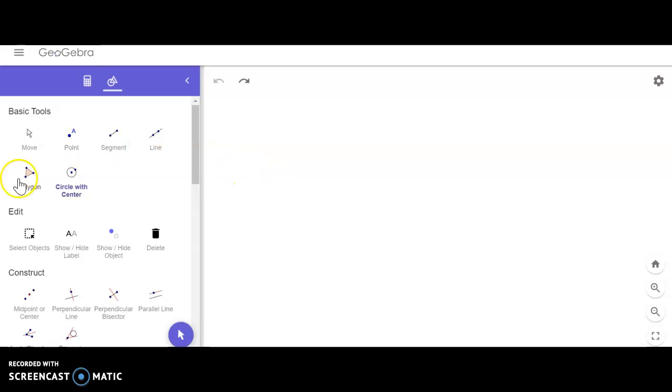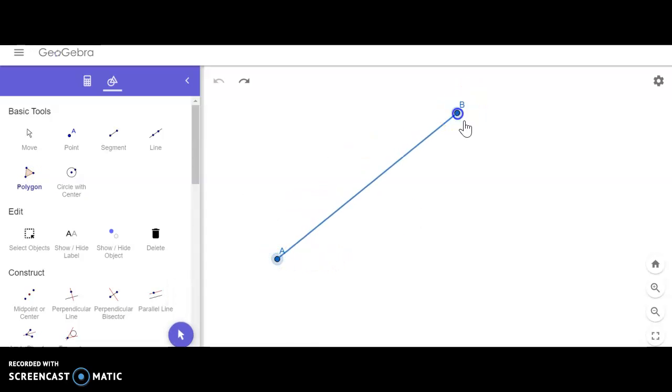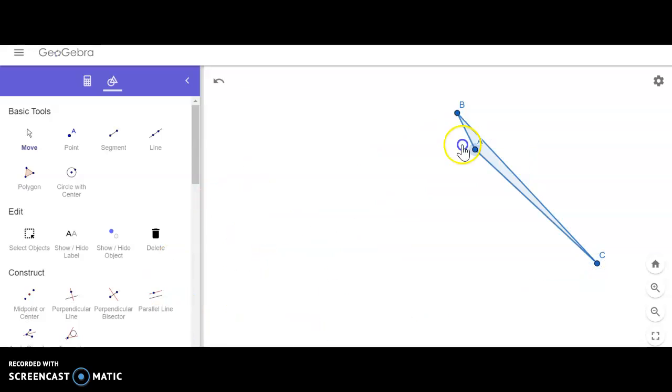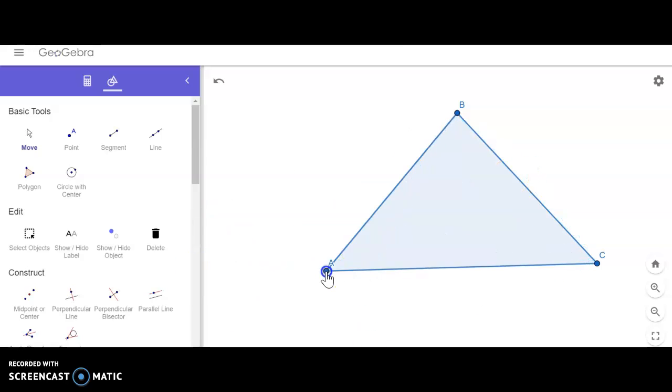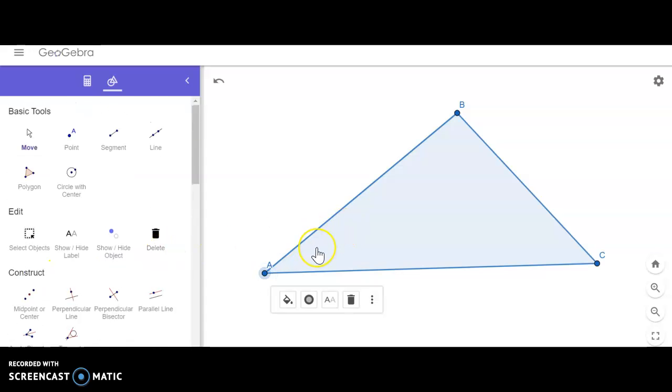So the first thing we're going to do is create a triangle. The best way to do it is to grab this polygon tool. So I can hit A, B, C, and go back to A. What's nice about hitting the arrow button is I can now move these points anywhere I want, creating different types of triangles. One thing that we're going to look at is specific types of triangles, so like acute, obtuse, and